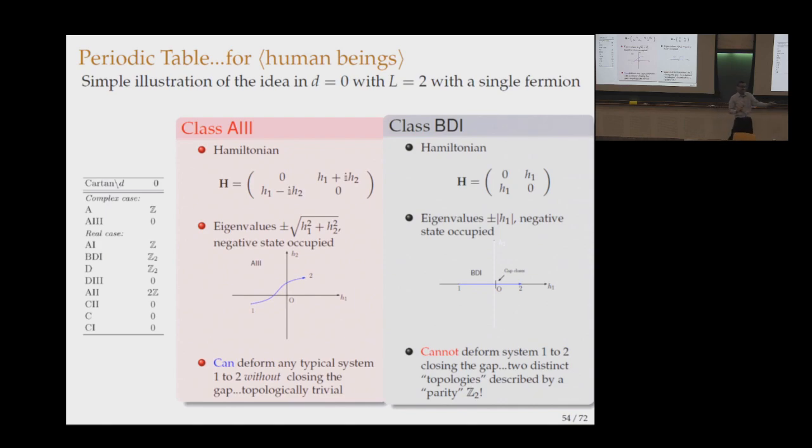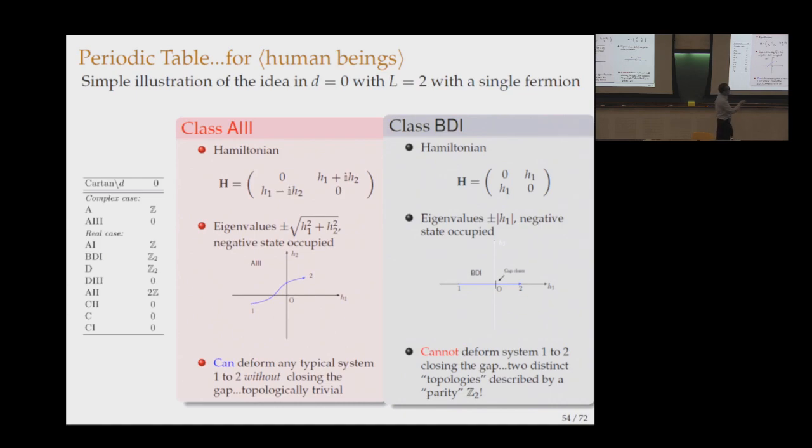Now I impose an additional symmetry and make this into BD1 class. Then what happens? The Hamiltonian is forced to have this structure by symmetry. So now you see something magical happen. If I'm in H1 less than 0, I cannot reach a state H1 greater than 0 without closing the gap. And you also see that there are 2 distinct kinds of states possible. That's determined by the parity, only 2. And therefore, BD1 is Z2,